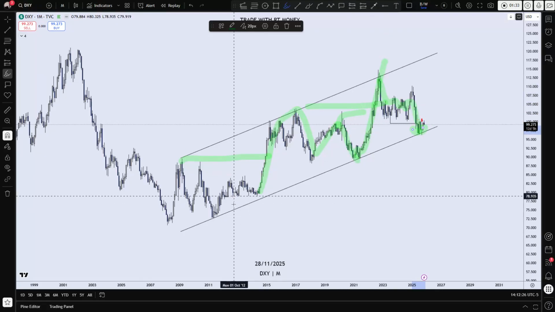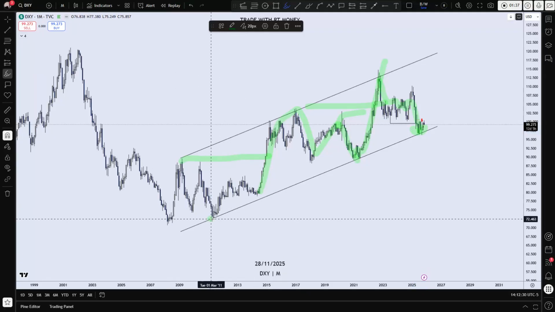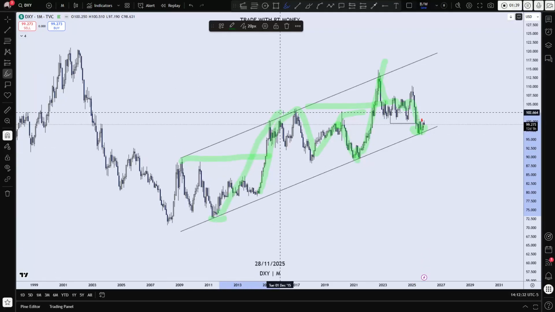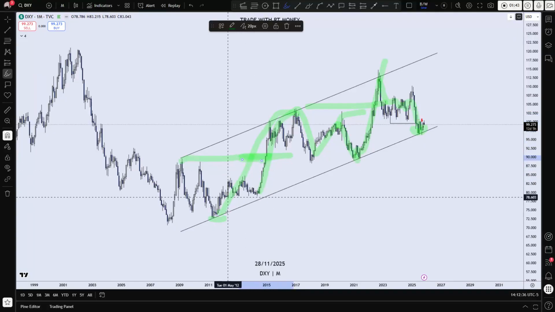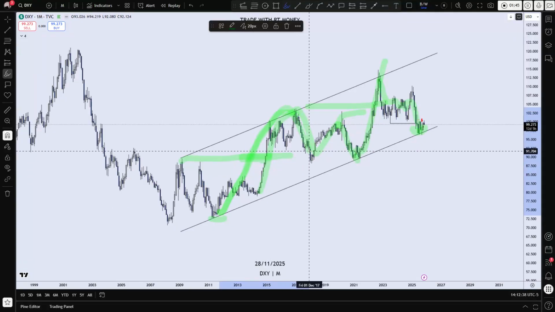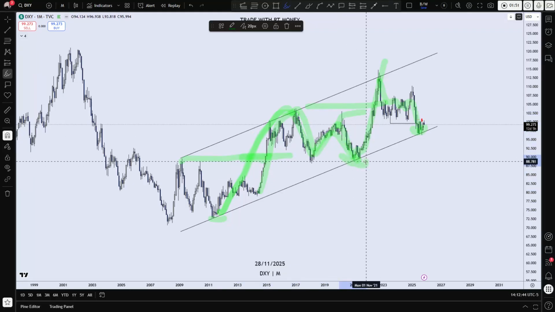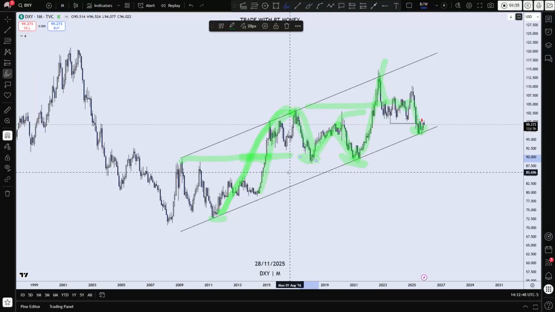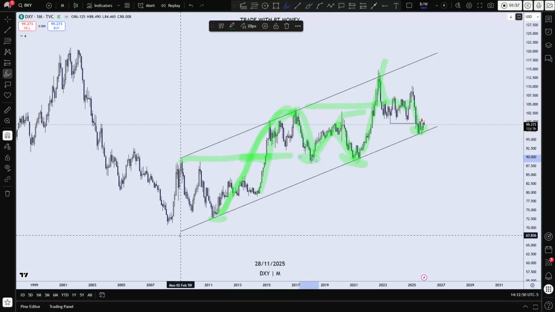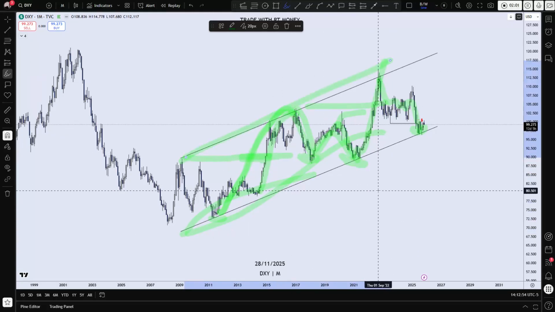Each one of these higher lows can be measured by a Fibonacci retracement tool, from the low to this high. You look at 50% of that trading range and you say, okay, when price gets below that 50%, I can start looking for longs. Well, it does, and it comes back here. You can get fooled here. But if you know that we are forming a channel going up,